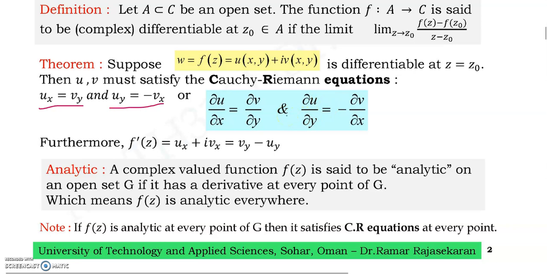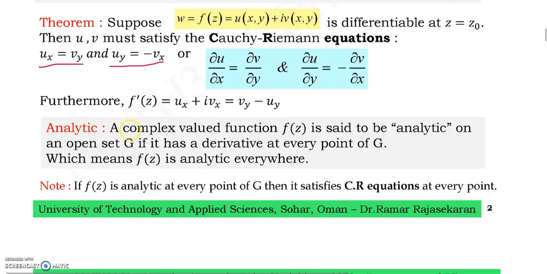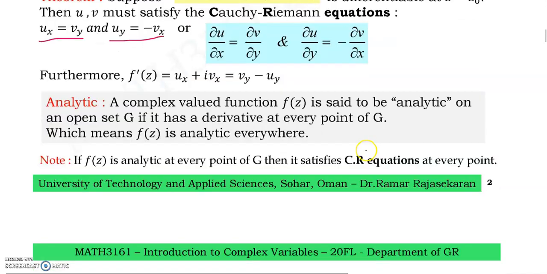If a complex function satisfies CR equations at that particular point, then we can say that the complex function is differentiable at that point. Okay, now what is analytic? A complex valued function f of z is said to be analytic on an open set G if it has a derivative at every point of G. Analytic means that the given complex valued function should have a derivative at every point. Then we can say that it is analytic everywhere. Okay, so now we'll see